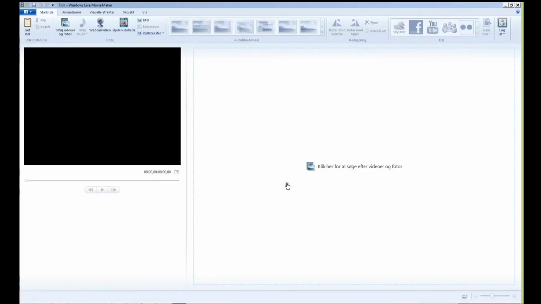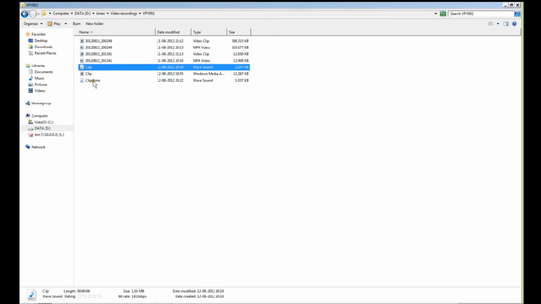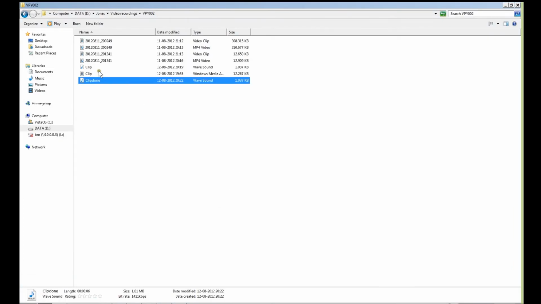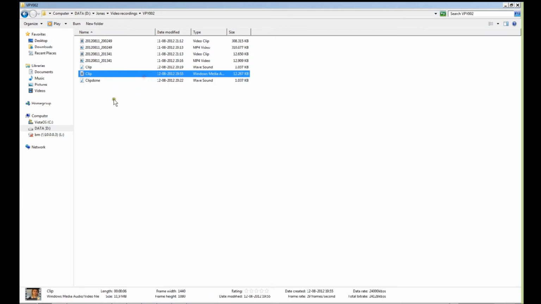Windows Live Movie Maker. Sorry. First you select the video clip.